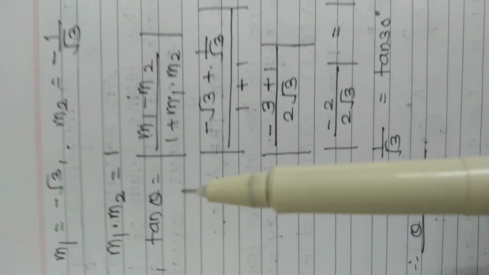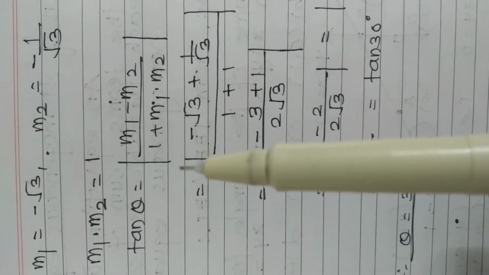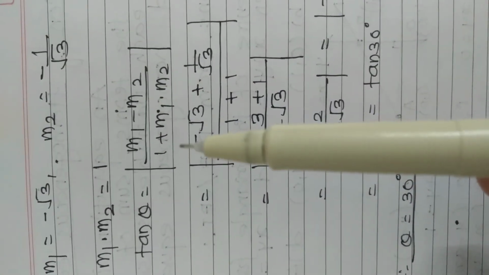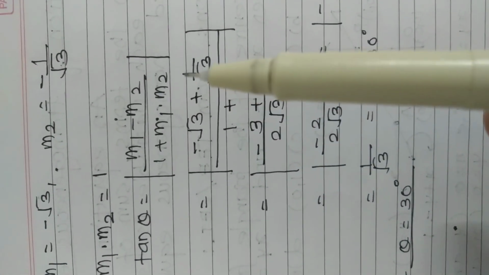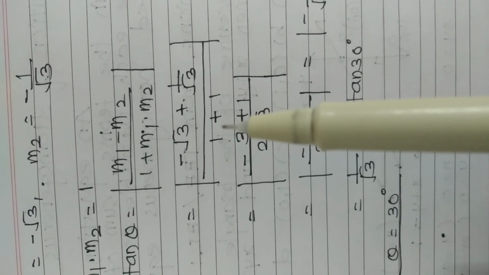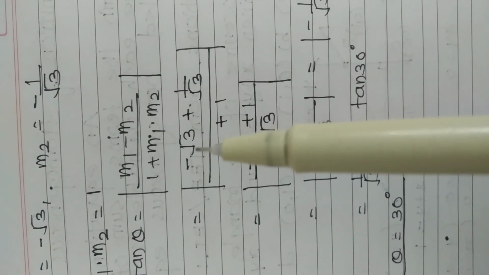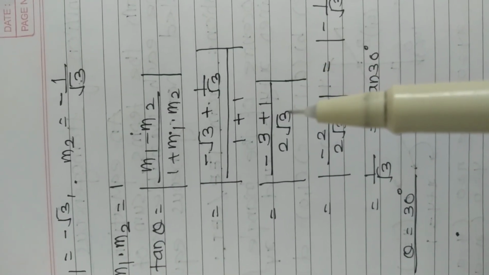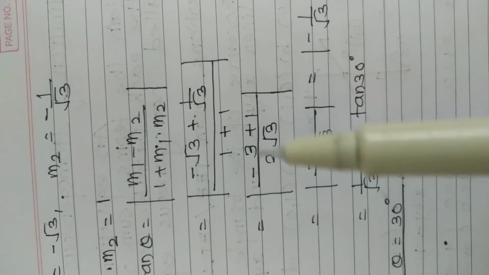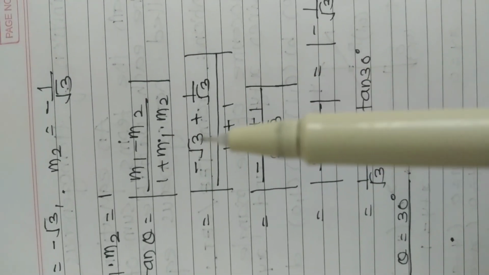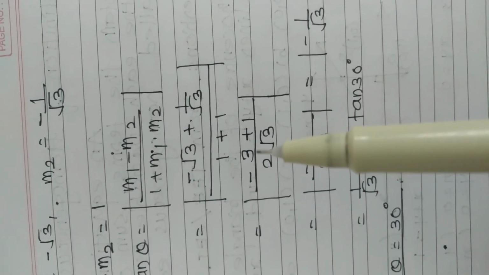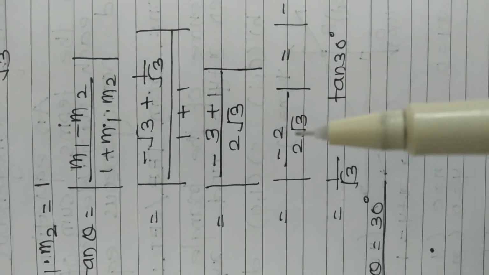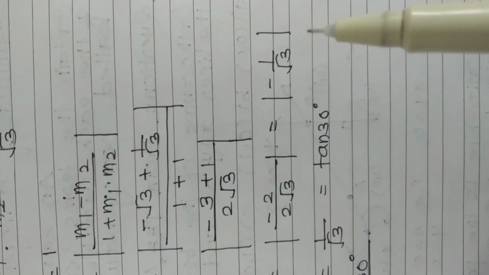So to calculate the angle between any two lines, you know the formula from 11th class: tan theta equals mod of (m1 minus m2) upon (1 plus m1 m2). So minus root 3 plus 1 by root 3. m1 m2 is 1, so 1 plus 1. Taking the LCM, root 3 in the numerator transfers towards the denominator. 1 plus 1 means 2, so 2 into root 3. Now cross multiplication: root 3 into root 3 means minus 3, plus 1 as it is. So minus 3 plus 1 means minus 2. The 2s get cancelled, so minus 1 upon root 3.